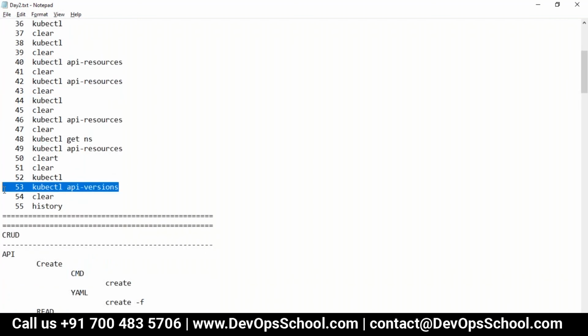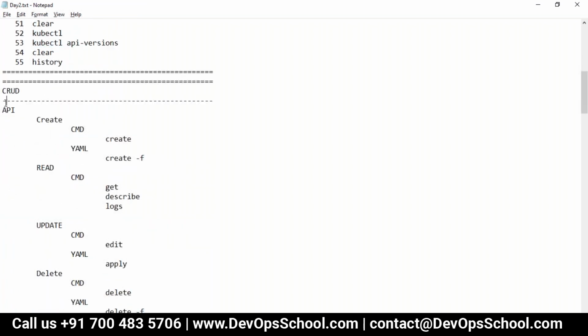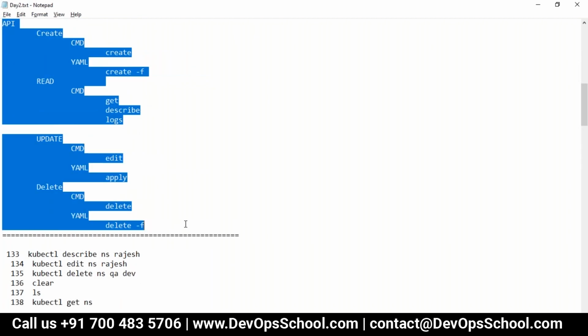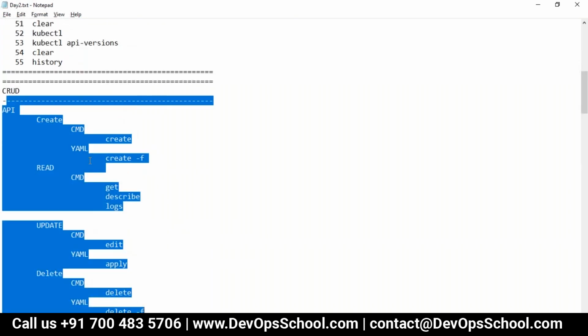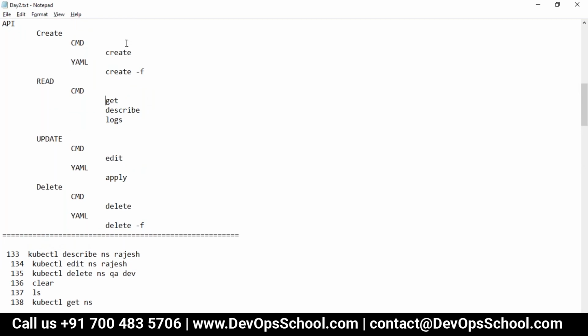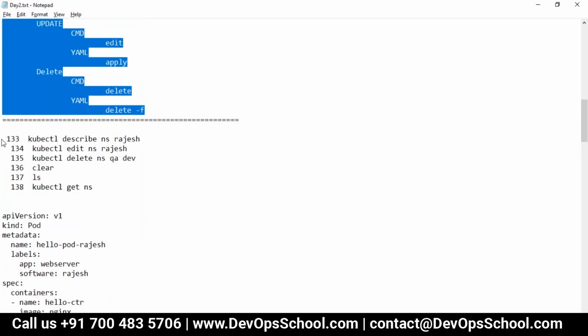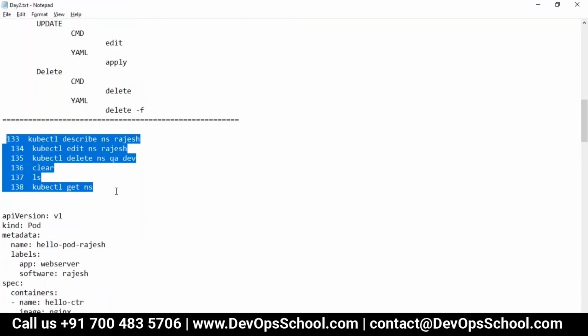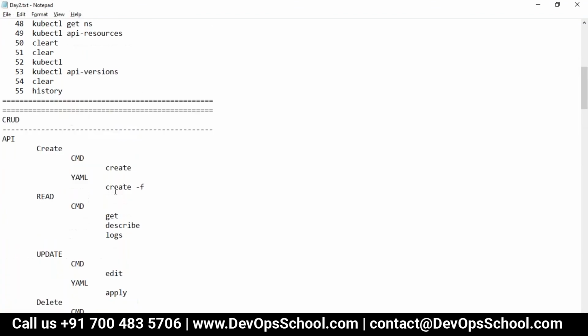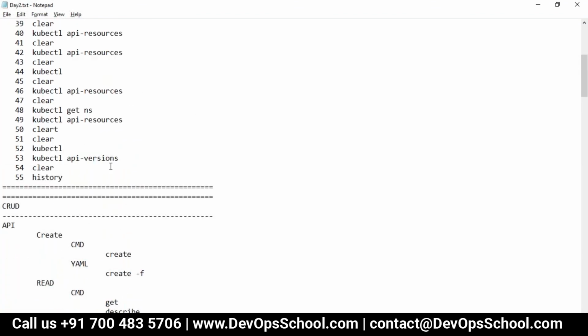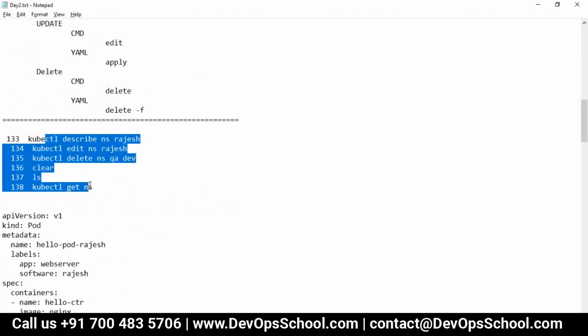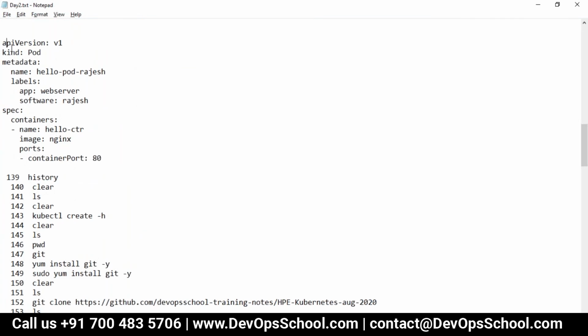Please get comfortable. Don't move on without understanding. Then I showed you this pattern, which you can apply with every resource, like create, get, edit, apply, delete. Then we did this namespace creation and deleted it. In fact, the create command is missing, I guess we have to create it. Then we created a pod.